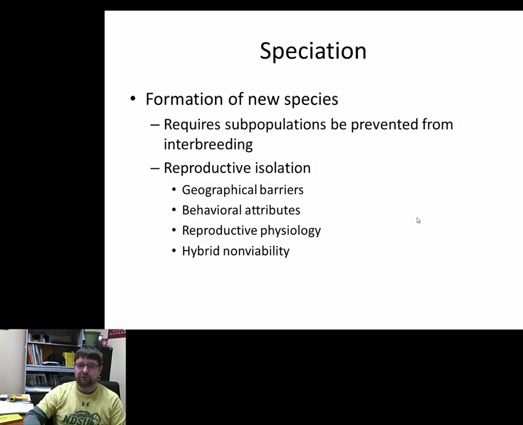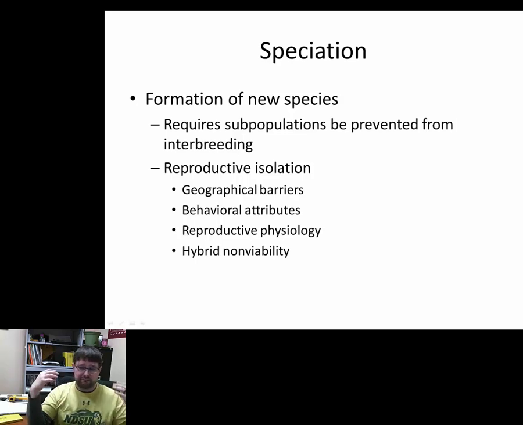So those two don't recognize each other anymore and eventually will become separate species. So those are some behavioral things. Reproductive physiology, this could be a couple different things. First of all, it could be that the vaginal cavity is too acidic or too basic. The sperm don't have the capabilities to have the right binding, which allows it to bind to the egg. It's a protein, or lysine, which is another protein which allows it to enter the egg.